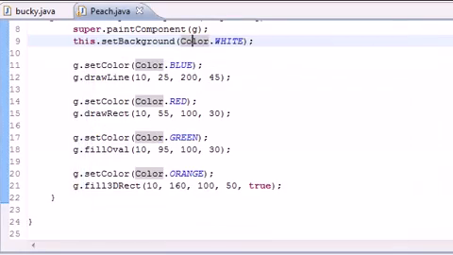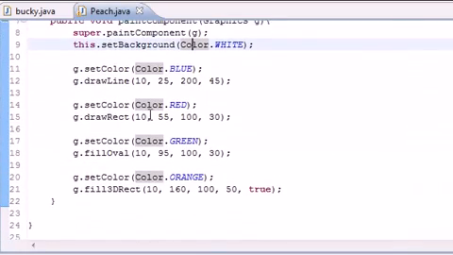So we learned how to draw a bunch of new stuff on the screen: lines, rectangles, ovals, and 3D rectangles. It was awesome. And so, it's been fun, but that's all the time I have for this tutorial,